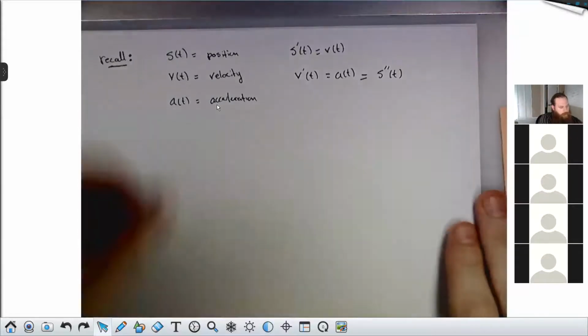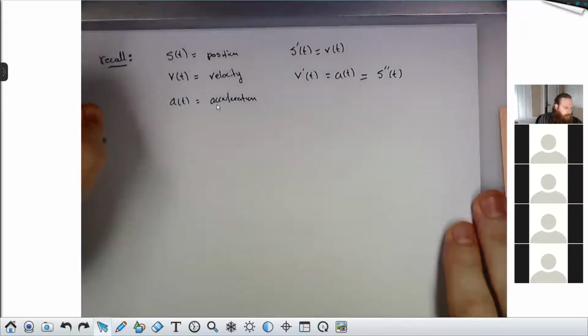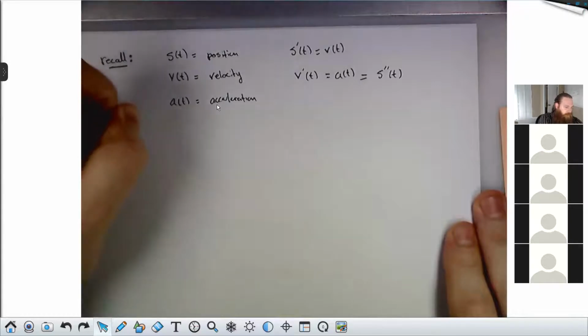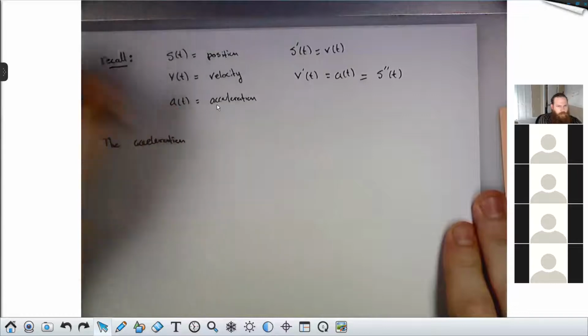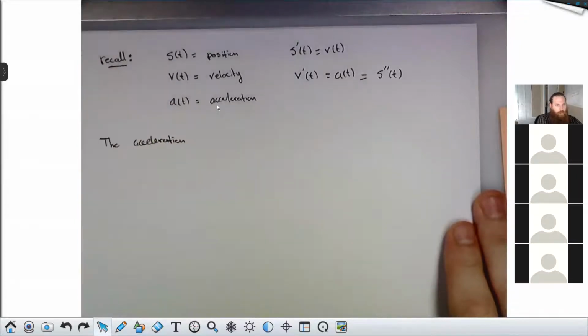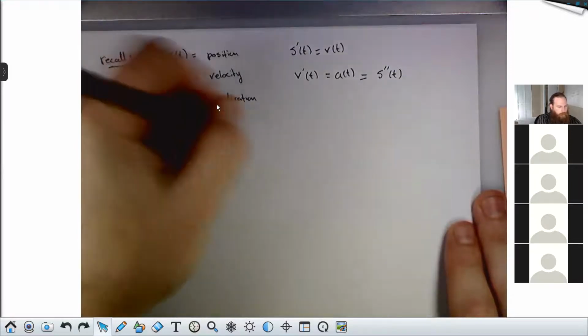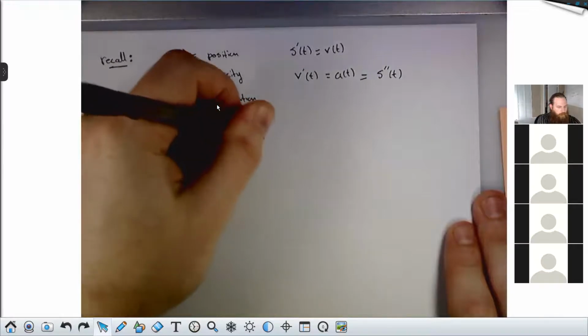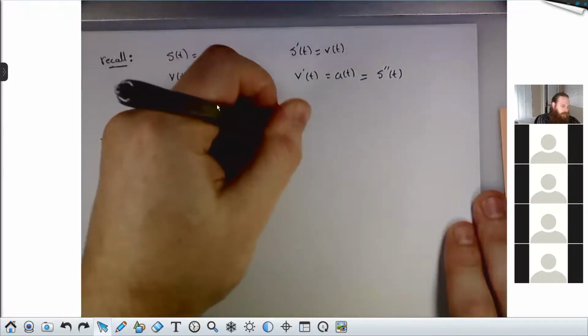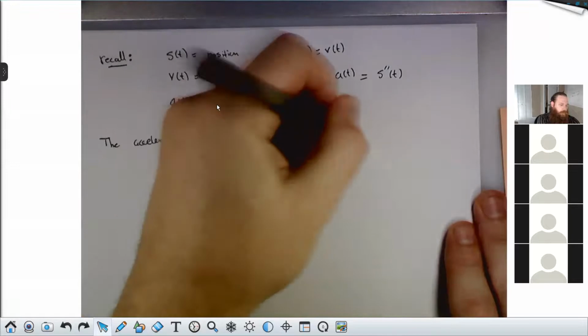So I could tell you that the acceleration, is there one L or two L's in acceleration? That's embarrassing that I can't remember how to spell it. I want to say there's two L's, but I feel like I also always misspell. Acceleration of a particle moving along a straight line, moving in one dimension,